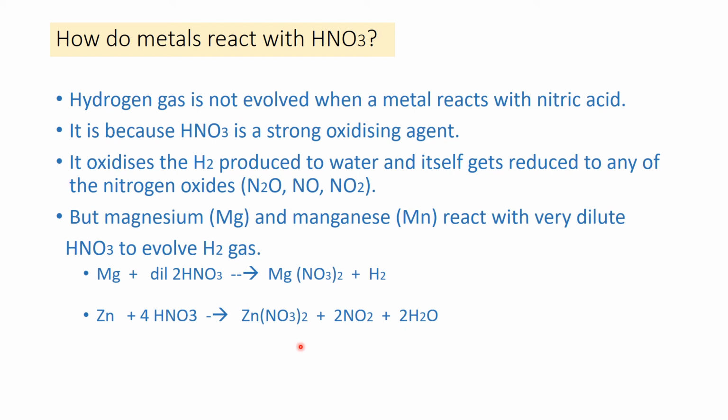See, the reaction is balanced here. Zinc single atom here, and H4, you can see 2H2, it's balanced. Then NO3 4, NO3 2, and then 2N here, 4N and O 12. You can see 3 to the 6 and 2 to the 4, 6 4 10, and this is 2 12. So the reaction is balanced. Whenever you write the reactions, you have to take care to always write the balanced chemical equation.